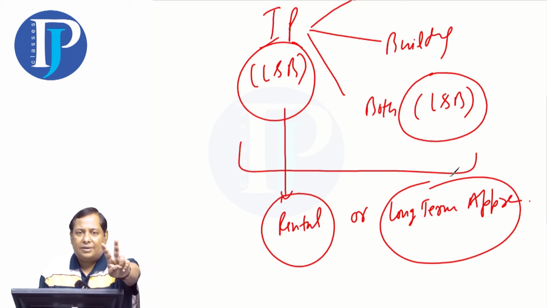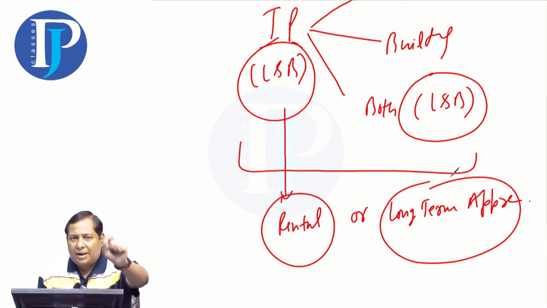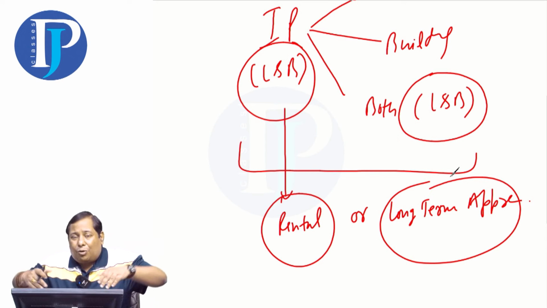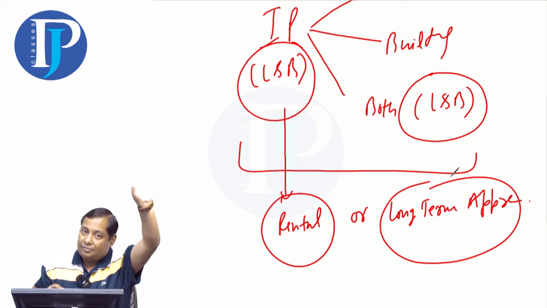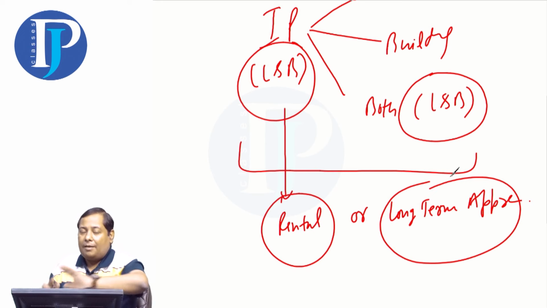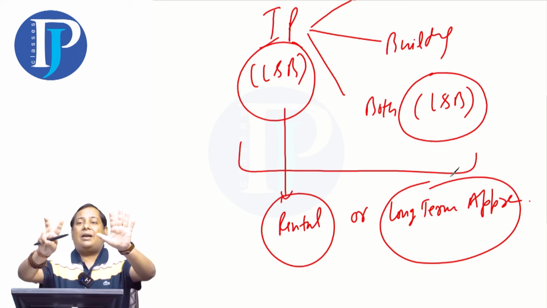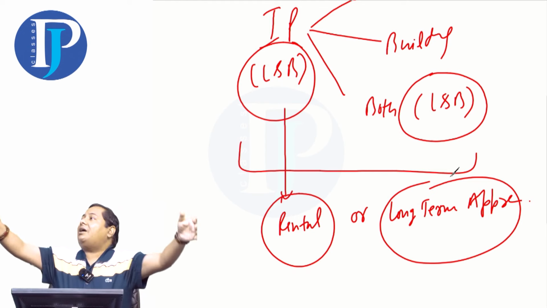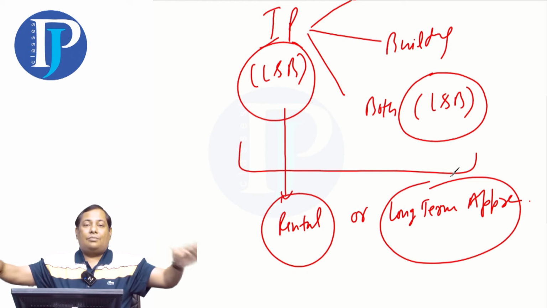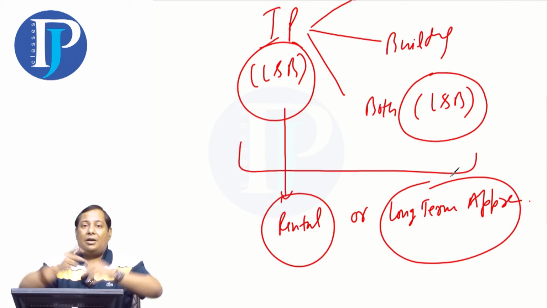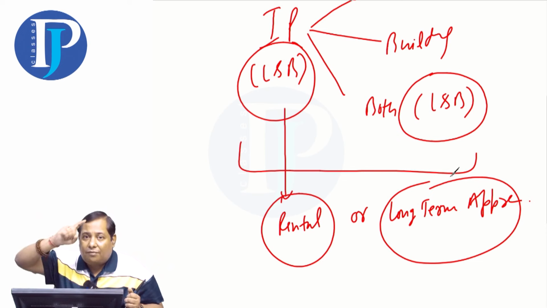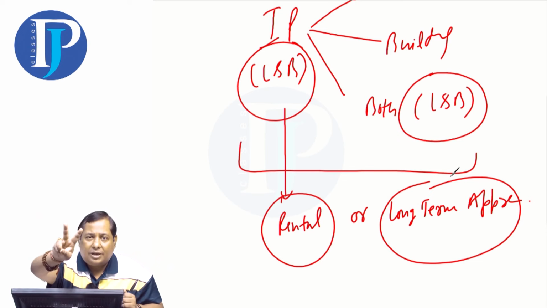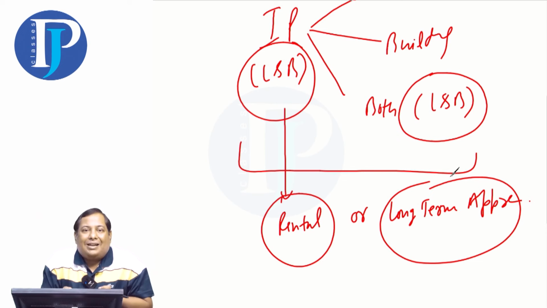There are only two objectives. And if your land and building has any other objective besides these two, we will study that in some other Ind AS. I will give you all the examples now. I have around 7 types of land and buildings, which I will teach you in different Ind AS. I will give 7 examples of land and building which are not covered in Ind AS 40. In Ind AS 40, we will read only those land and buildings which have two objectives. Either it will generate rental income, or it will generate long-term appreciation.